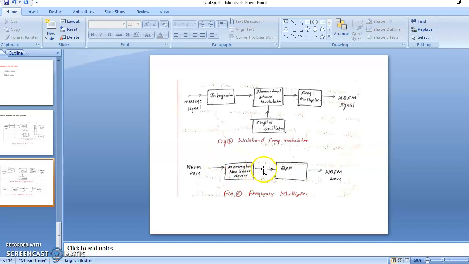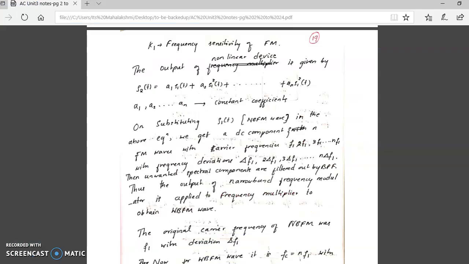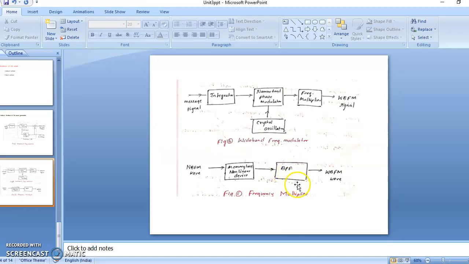Here at the output of the nonlinear device, you will have several frequency components. Unwanted frequency components will also be there, so some of the frequency components you will have to retain. Which one has to be retained and which one has to be removed will be taken care of by the following band pass filter. That is the second component. The band pass filter should pass the FM wave which is centered at a carrier frequency n into f1 and with frequency deviation n into delta f1, and it should suppress all the